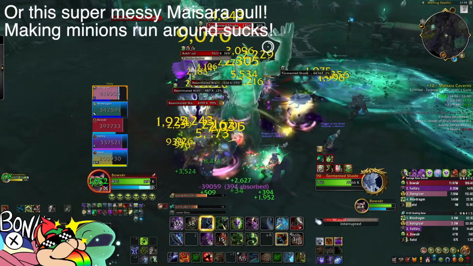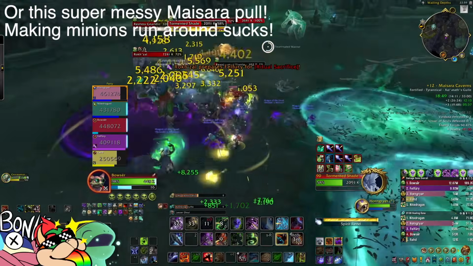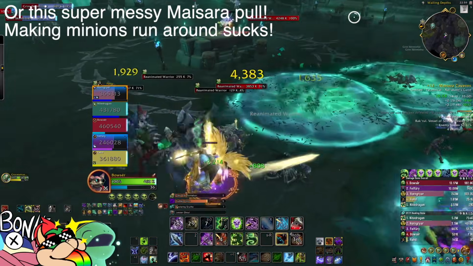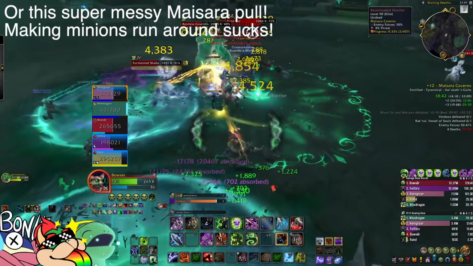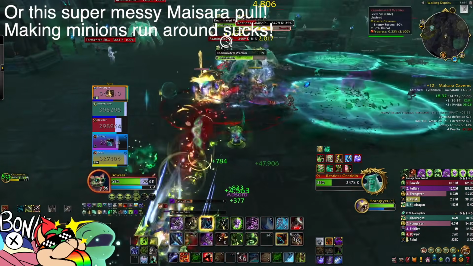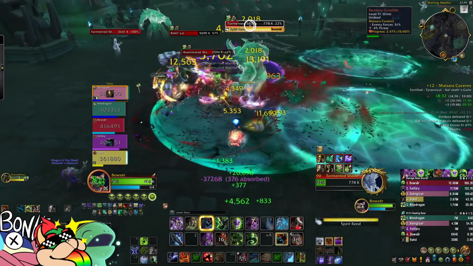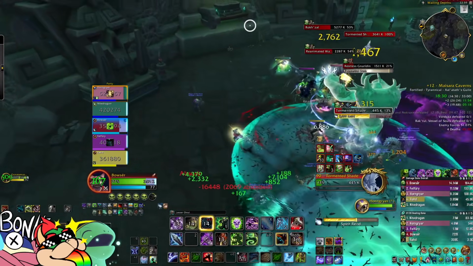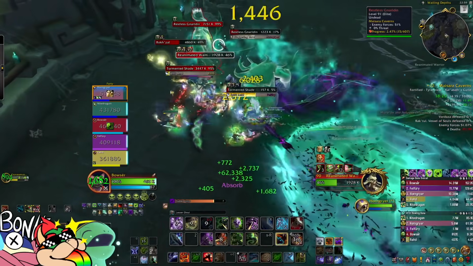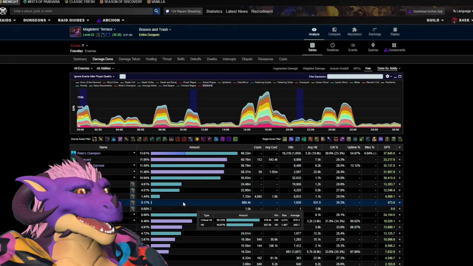Seat of the Triumvirate's first boss summons these goops, right? And the goops can be very annoying to deal with, but if I want to swap and kill the goop, which I absolutely have to do, right? We can't let it touch the boss. My minion has to physically run over to the goop and start swinging. Okay, well, if my minion has to go and do that, then I'm losing damage on the boss. I'm losing travel time on the minion running over there. And all of that starts to make sense as to maybe where I was losing some of my damage. So that's just a good example of how deep you can go into this.